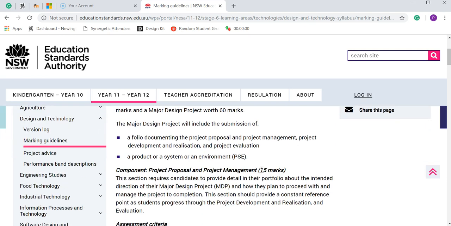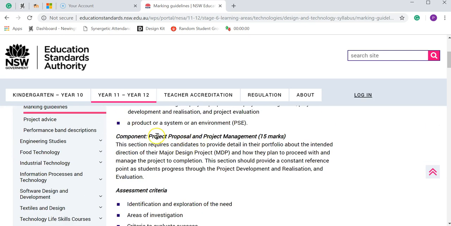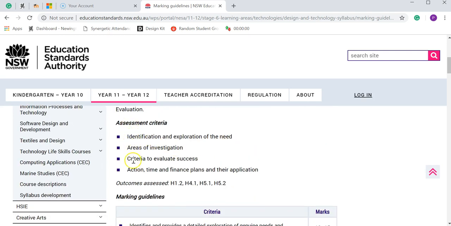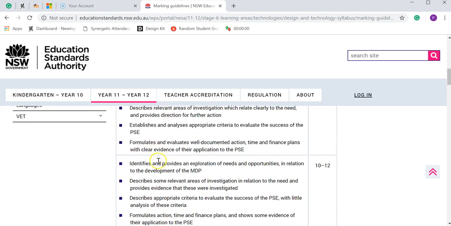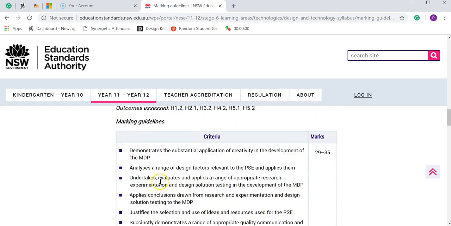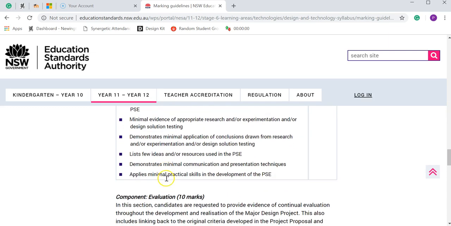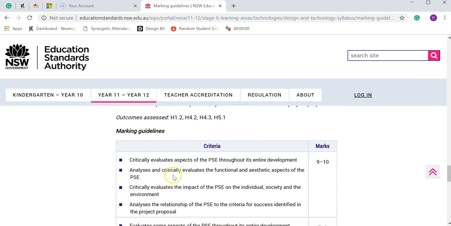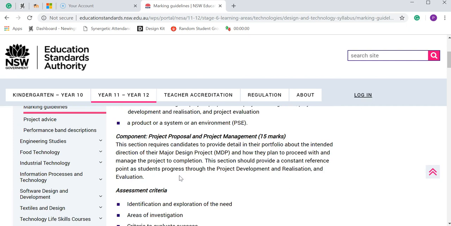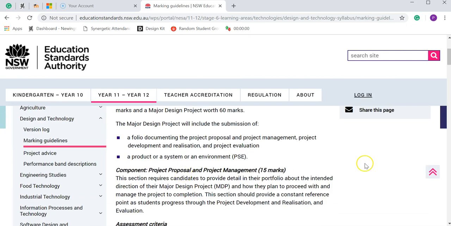So this is the marking guidelines for the major design project. So we just have a little bit of a look. And it's broken down into components, and the first one is a project proposal and management, and then these are the areas that you're going to be assessed on. And then we've got the development and realisation assessment criteria, and then we've got the evaluation, and it just goes on. So the way that I would recommend that you could do it, if you want a little bit of guidance,